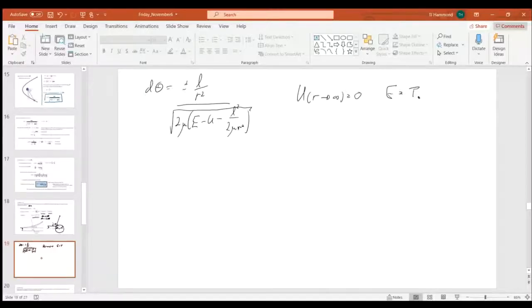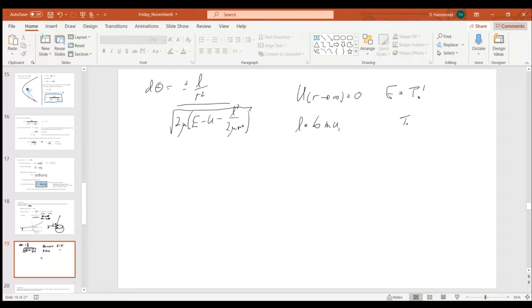And the potential energy when r is infinite is of course 0. And so that means that the energy is going to be the initial kinetic energy in the center of mass frame. And we also have the angular momentum is this impact parameter times this mass times u1,